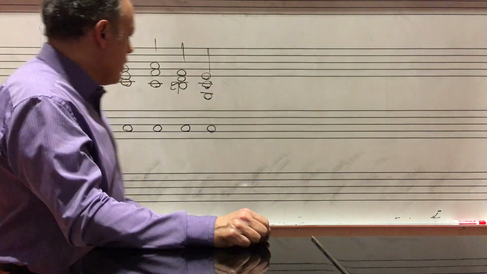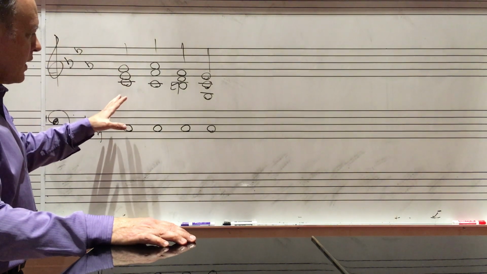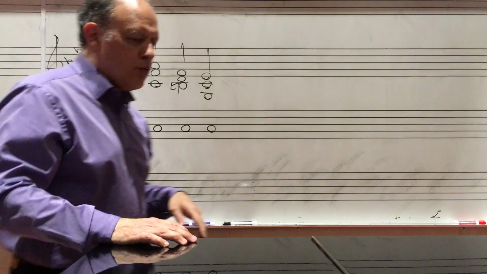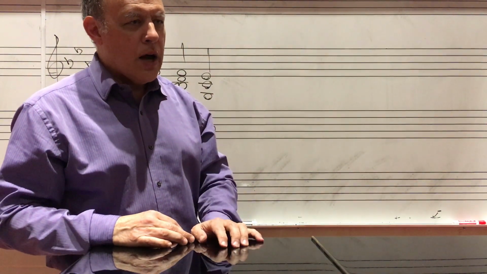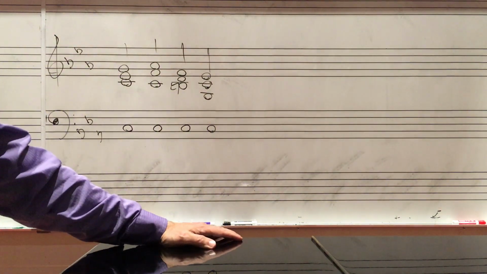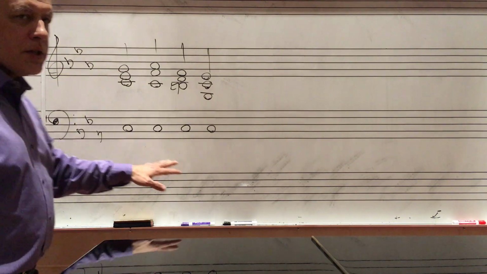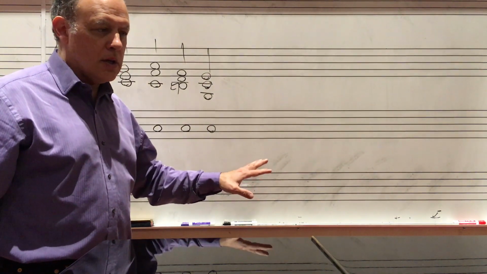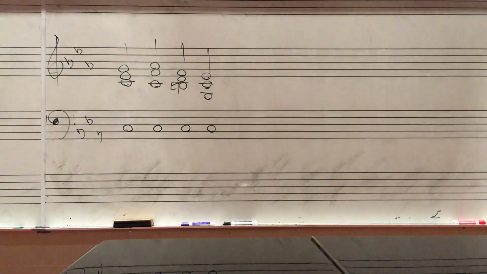If we look at the opening of it, I'm just giving a reduction that's showing just one of the hands. What you probably would have heard is that my left hand is also outlining triads for a large part of it. So if my right hand is doing this, the left hand is also playing a triad. I'm not going to show that just yet. That will be something interesting to take a look at in a moment. I just want to stop right here. If I looked at something like this pattern,